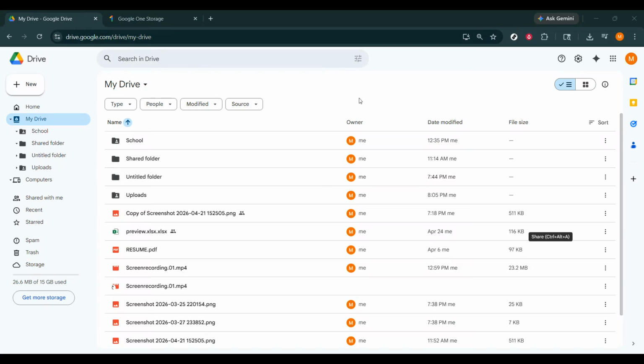If you want to quickly see who can access your Google Drive files, this video is going to walk you through the exact steps in a simple way. Whether you're checking a private document, a shared folder, or a file you're not sure was sent to the right people, this method helps you review permissions in just a few clicks. It's a useful skill for staying organized and protecting your files, especially if you share a lot of documents with